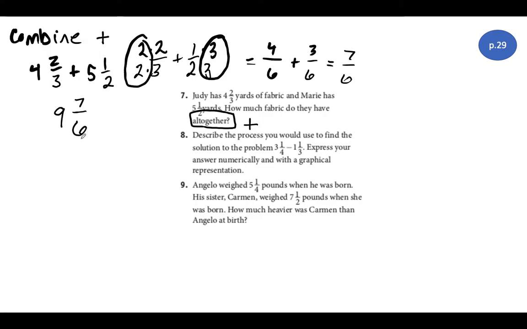You cannot have both. So I could say that 7/6 is the same thing as 1 1/6, right? 6 goes into 7 one whole time with 1 remainder. So then I could take that whole and add it, and I would get 10 1/6. The other way to do this problem is to go with all,